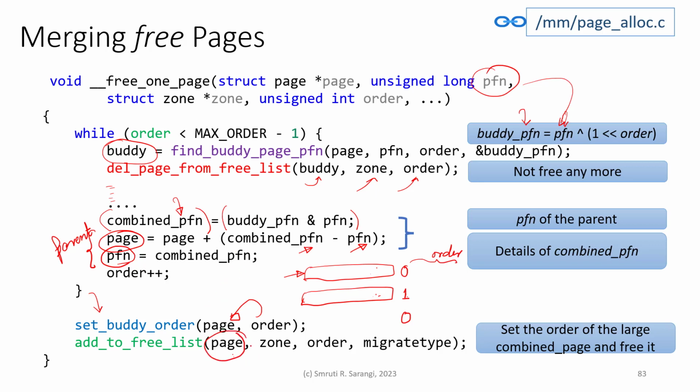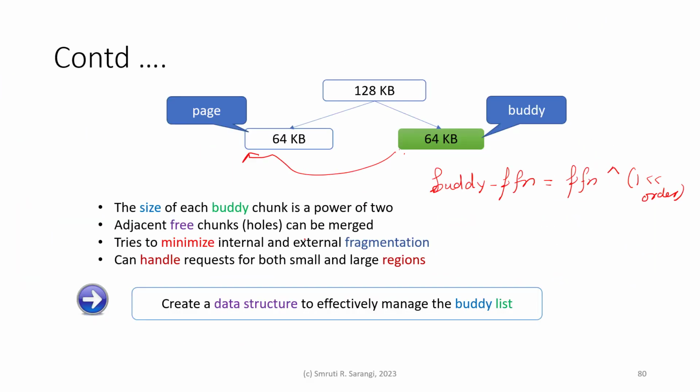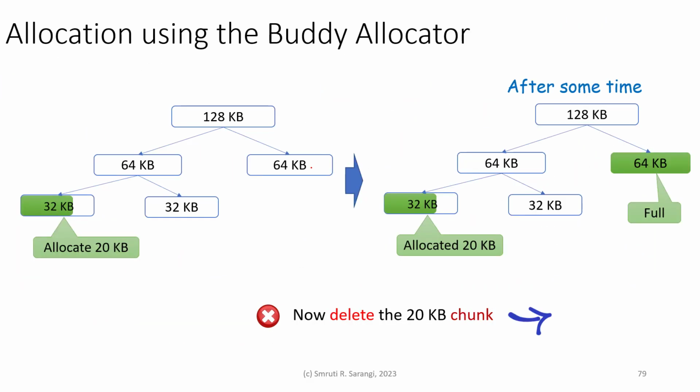So this is the last stage, and the reason we stopped over here is basically either it's the root or because its body is not free. So once we stop over here, we add it to the free list of the specific zone corresponding to that order. So the main thing that we are doing, if you kind of walk back over here,